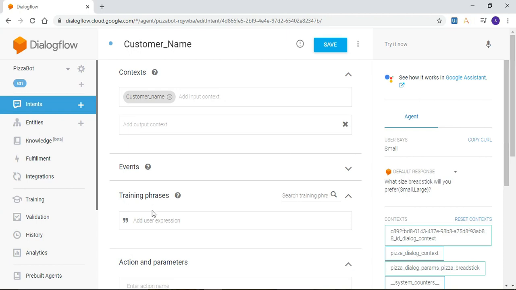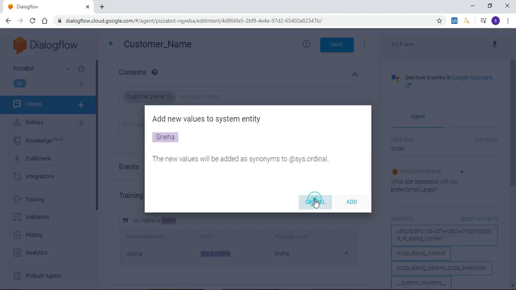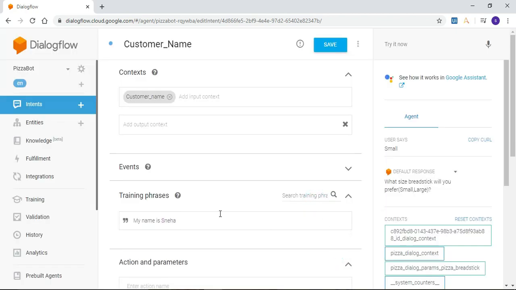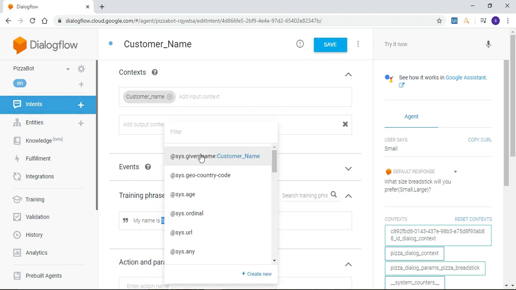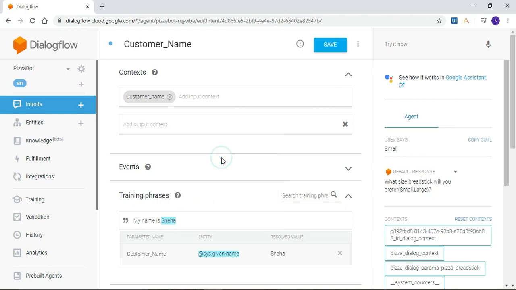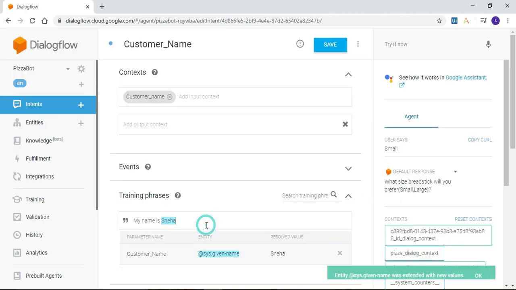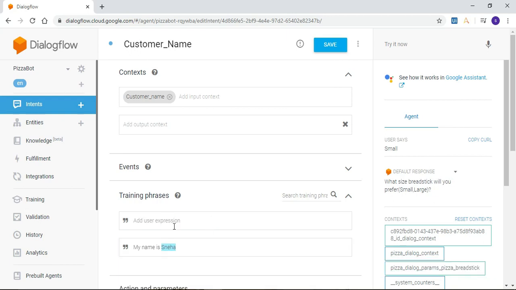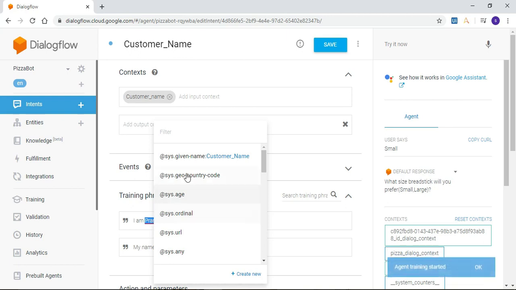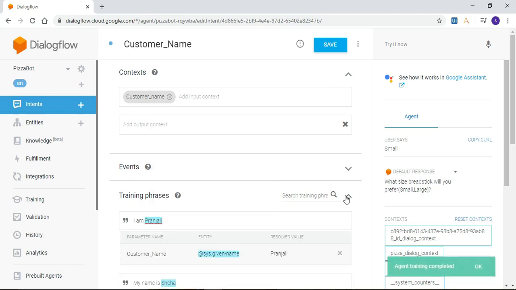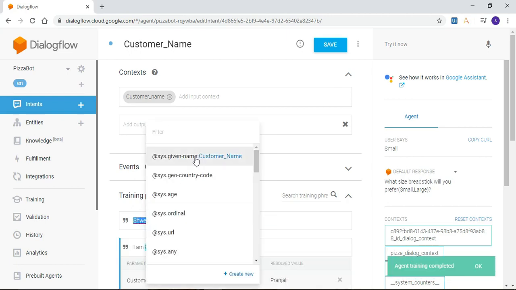Go to training phrases, enter an expression saying my name is Sneha. Click on Sneha and add the entity, that is system.given_name, customer name, and click on add and press enter. Add one more training phrase saying I am Pranjali. Click on the name and add the entity and enter. You can add as many training phrases as you want.